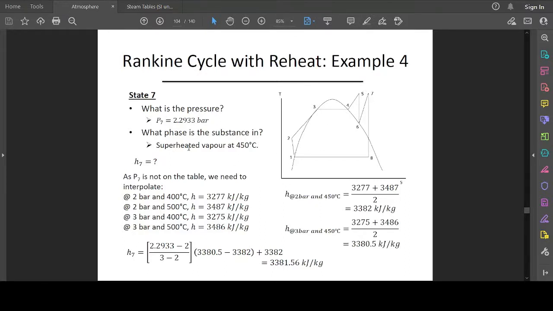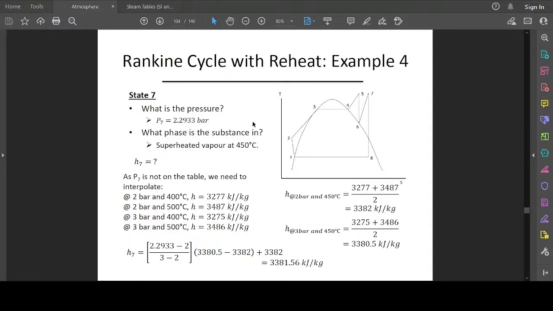So we know that at stage 7, another superheater or a reheater is attached here to bring the temperature of this particular low quality steam back to 450 degrees Celsius. But now the pressure remains constant. So the pressure at stage 6 is equal to the pressure at stage 7, and that pressure is given as